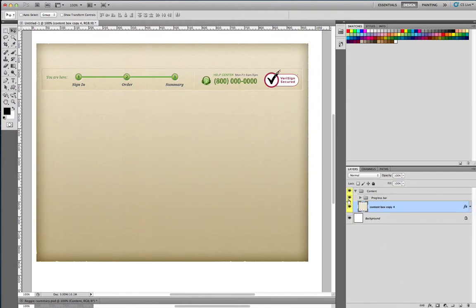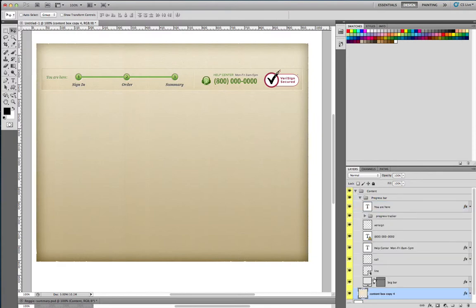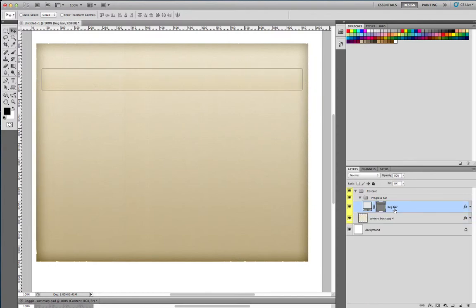Okay, and now we're down to the progress bar. So that's pretty much the only thing we want. All right, so we're gonna go ahead and get rid of this crap up here. Okay, so now we just have this. Now,